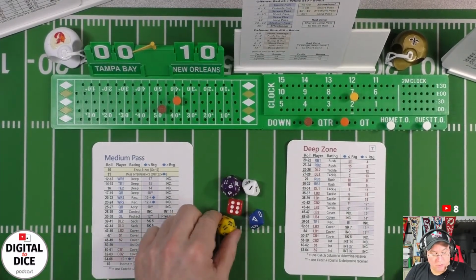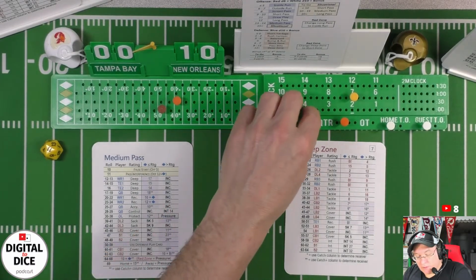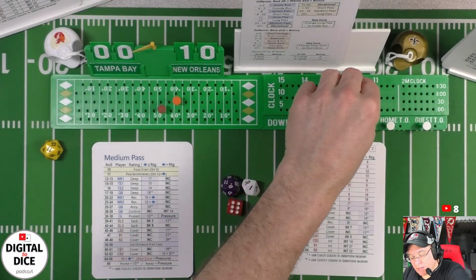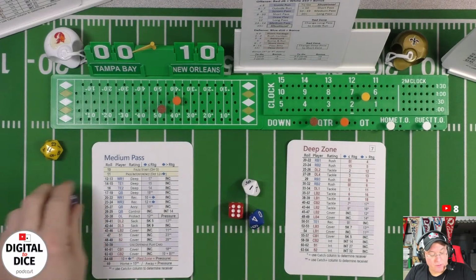All right, so we got no penalty or anything like that. We got a 61. Is CB1 cover 4? CB1 is cover 4. He will make the play. That'll be incomplete. So that pass sails away, and it's going to be 4th down, and they don't have much of a choice, so they're going to have to punt here. Now, do I want to pooch? I can't pooch because they're not inside the 45-yard line. So we will